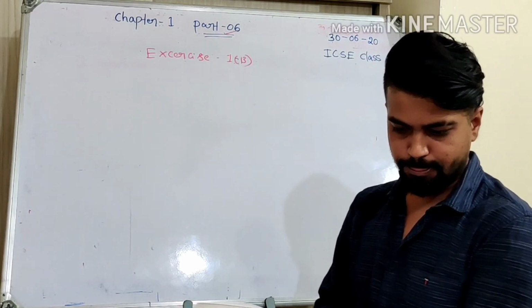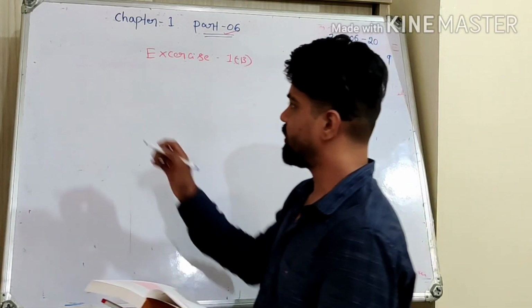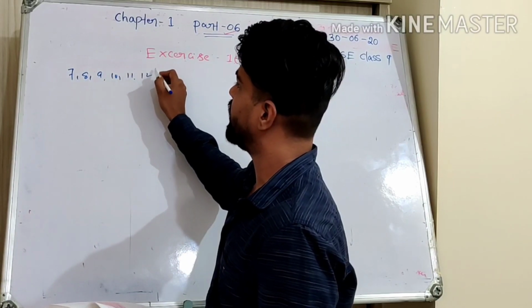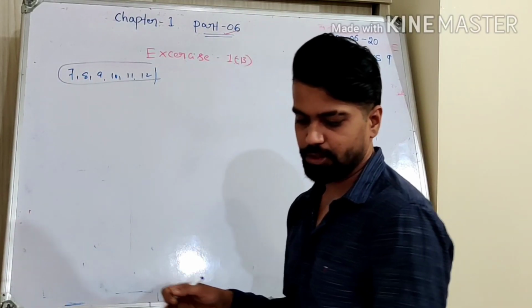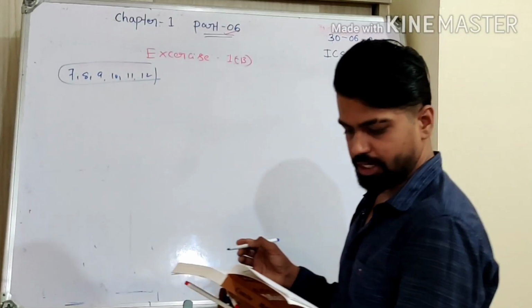7, 8, 9, 10, 11, 12 is all yours. These are all verbal questions where you have to find out some numbers and write them. So that is your work again. I'll be going to the 13th question.